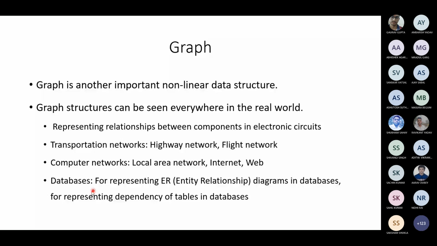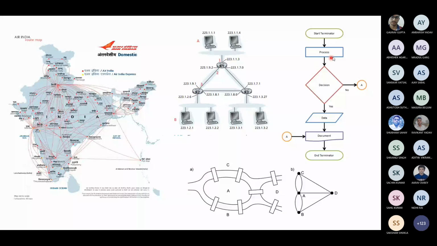And in databases, when you're storing elements, the relationship between them can also be represented. We call that ER diagrams, entity relationship diagrams. There also we use graphs. It is an extended, more complicated version of a flowchart. Okay, how are we representing a flowchart? You are representing one vertex transferring to another vertex. You are making a decision, yes or no, and you keep going, right? So this is one way of seeing that as a graph.